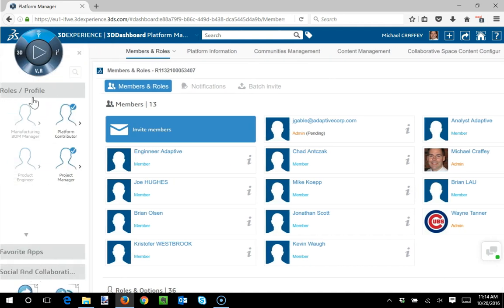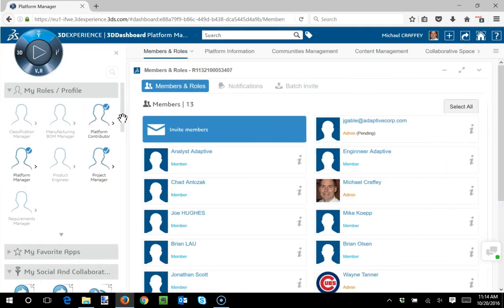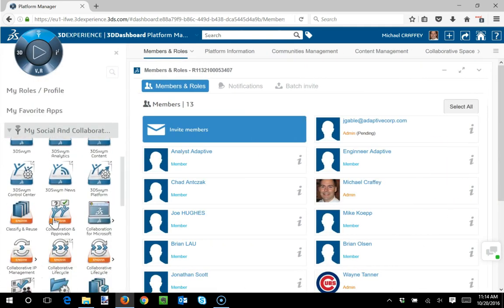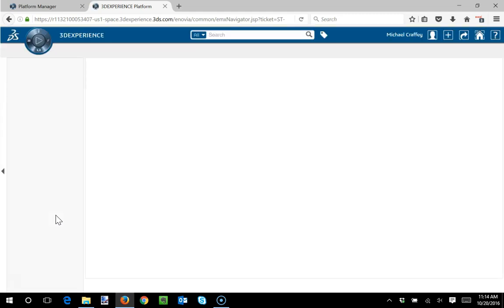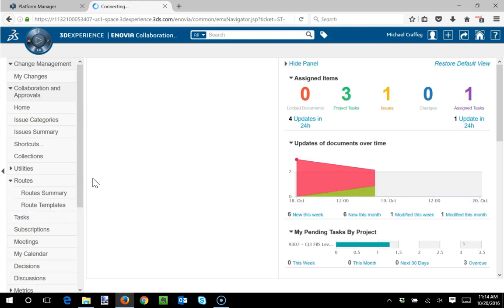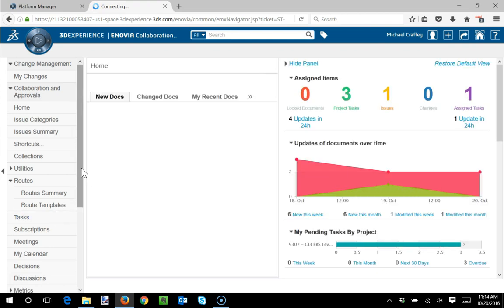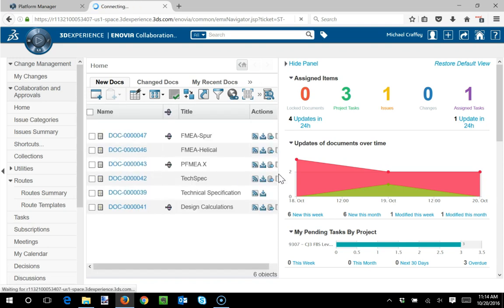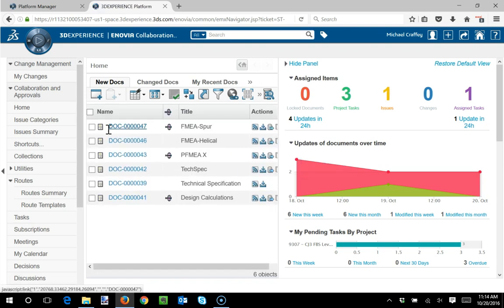I'm going to go into Collaboration and Approvals as Michael again, just like I did as Jonathan. And Michael could be notified to do that in a number of ways. He could be working in the platform already, or maybe he receives an email, because certainly an email was sent along with that notification. What I want to highlight to you is how Michael gets notifications here inside the platform. Well, he certainly sees that this document is new in his list, but notice he has an assigned